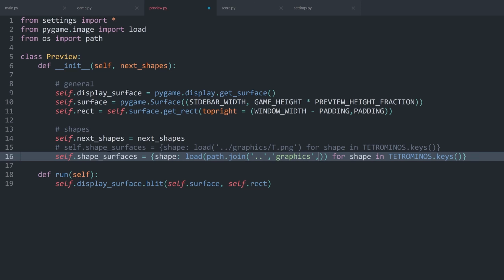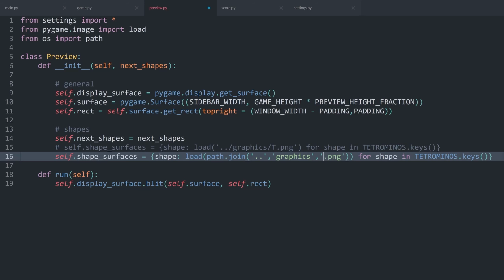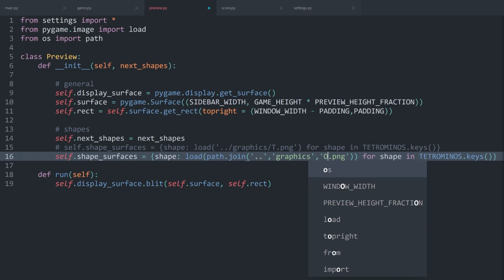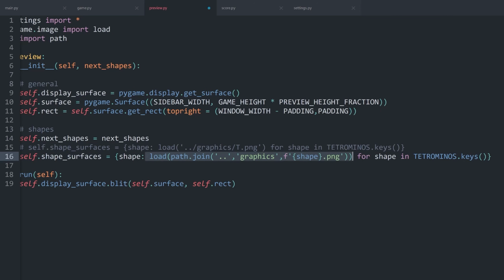After that, we would need the file name, which in our case would be something like t.png. It could also be l.png or o.png, and I think you get the idea. The important thing is that this part has to be flexible, which we can get via an f string. And the actual letter we are getting via the shape. We are nearly done. The last thing that we have to do is whenever you are importing an image into